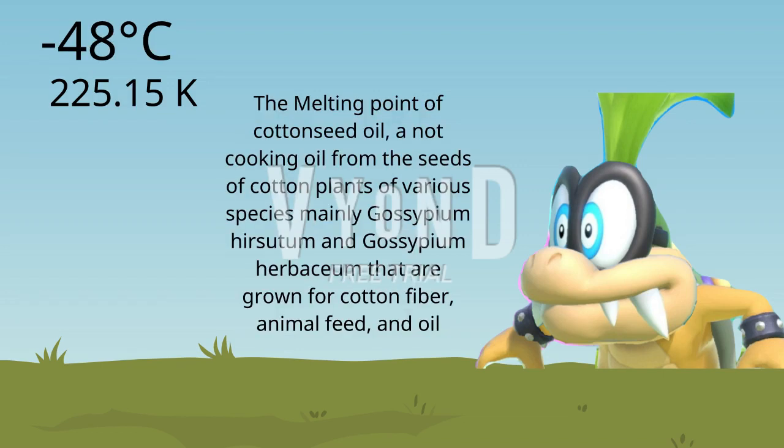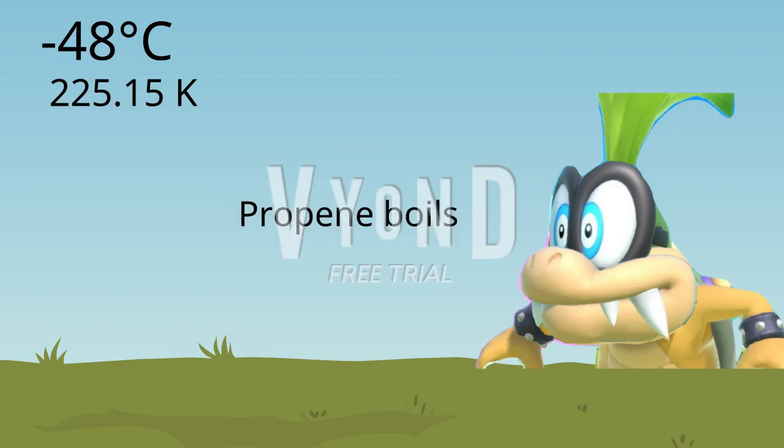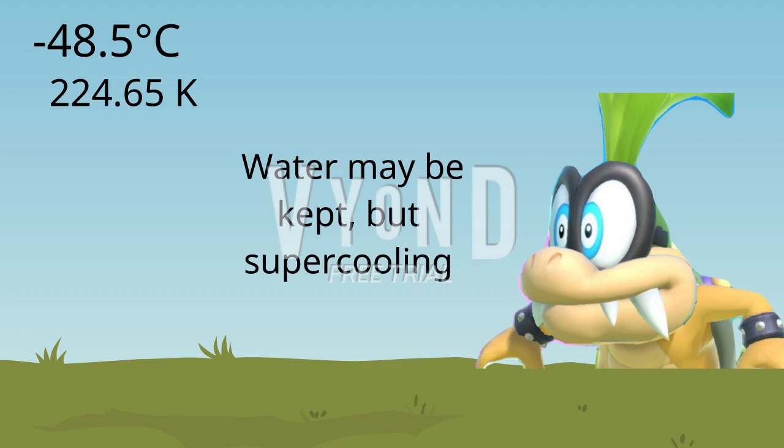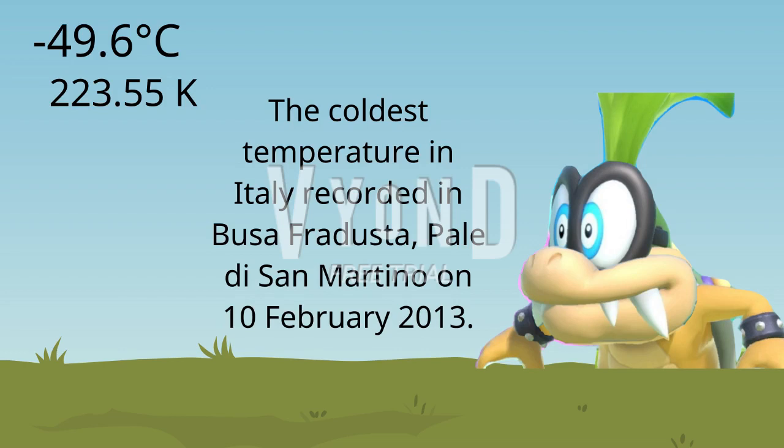The melting point of cottonseed oil, a cooking oil from the seeds of cotton plants of various species, mainly Gossypium hirsutum and Gossypium herbaceum, that are grown for cotton fiber, animal feed, and oil, is -48 degrees Celsius, or 225 Kelvin. The same temperature as propane boils. Water may be kept supercooled at -48.5 degrees Celsius, or 224.65 Kelvin. The coldest temperature in Italy is -49.6 degrees Celsius, or